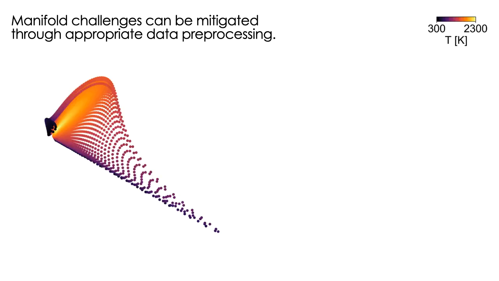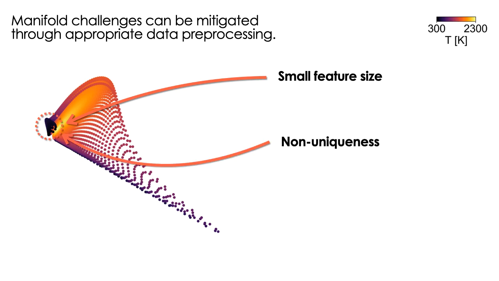So to give you a hint of how much a manifold topology can improve with appropriate data preprocessing, here I have a two-dimensional projection, again of a combustion data set. And there are two characteristics that I wanted to point out here. So first, this projection is colored by temperature, and you can see that the region of high temperature creates a very small, very narrow feature on that manifold. There is also that non-uniqueness, so the low temperature region got curled into a very small region on the manifold,